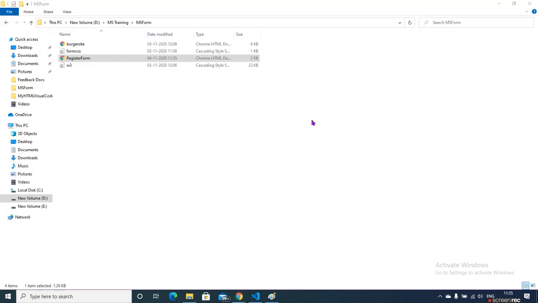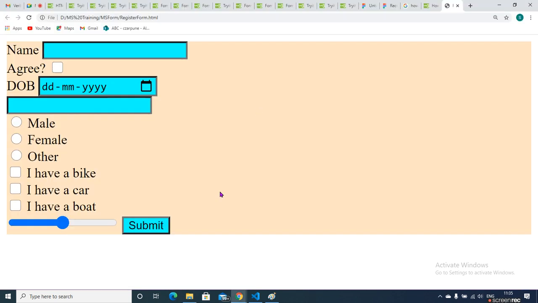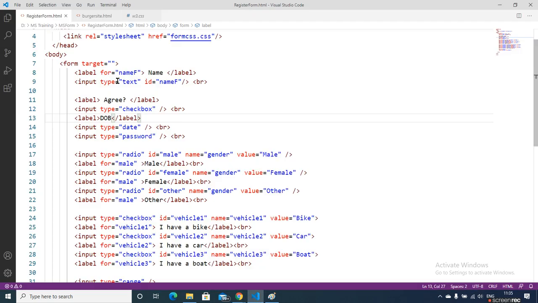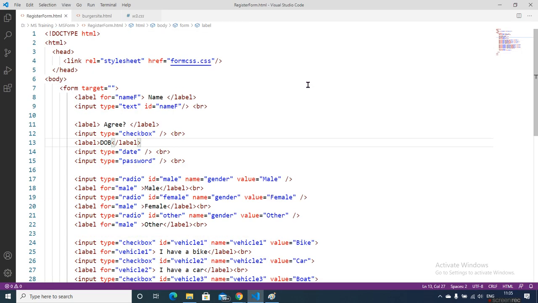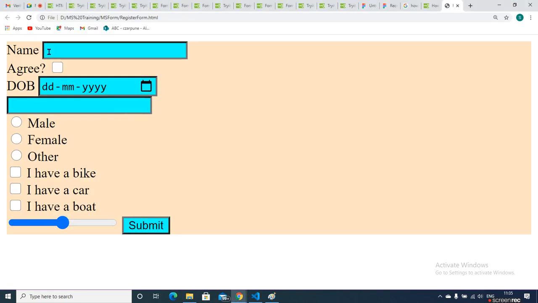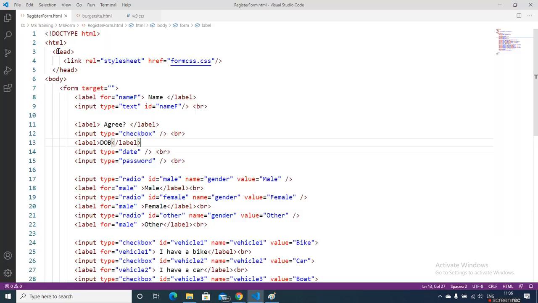This is our HTML, and I open that HTML in the browser. This is the input element with the type text.